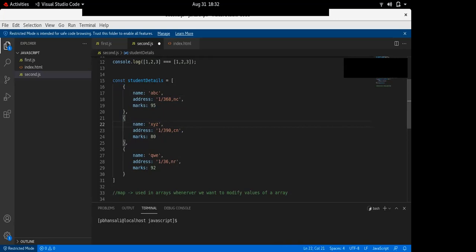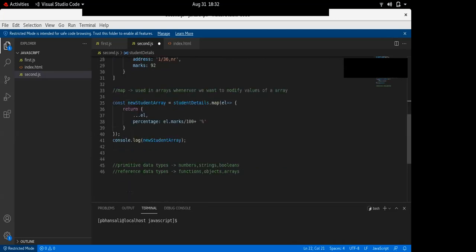Now suppose someone asks you to shorten this array and give a new array of students who have marks greater than 90. Then we will use the filter method. So whenever someone gives you a condition and asks for an array with this condition, use the filter method.